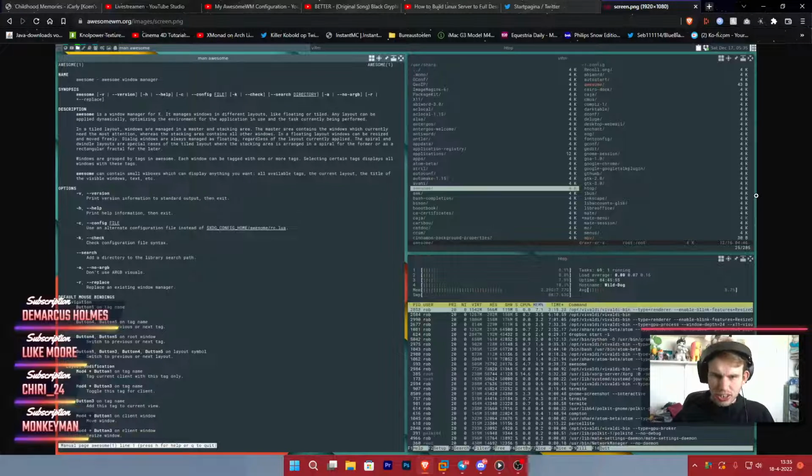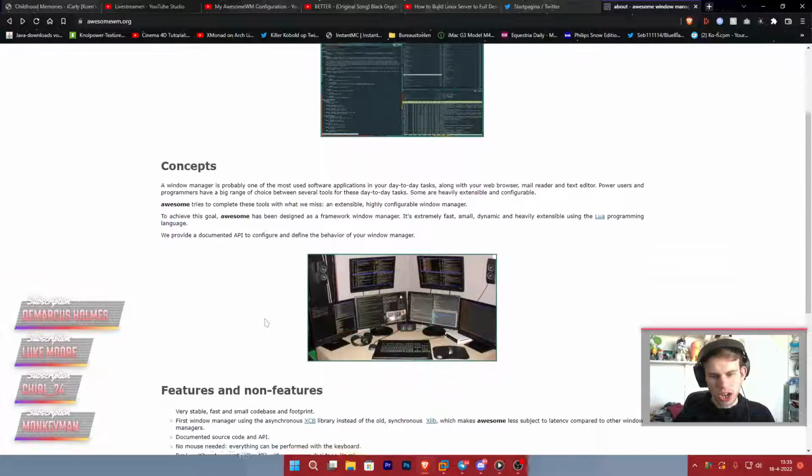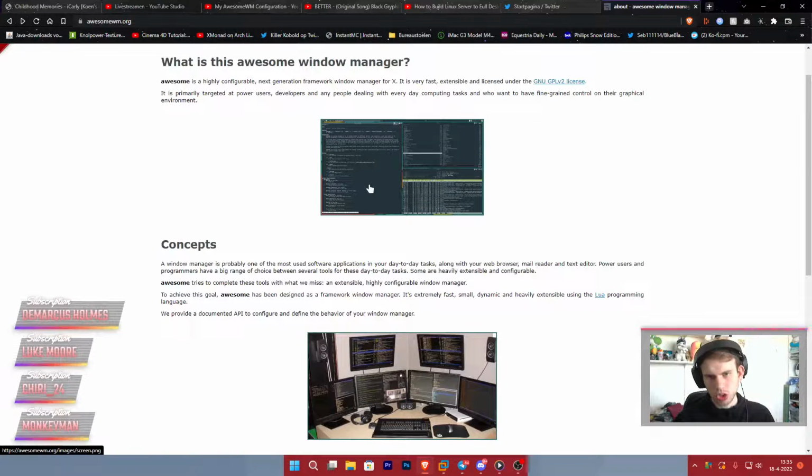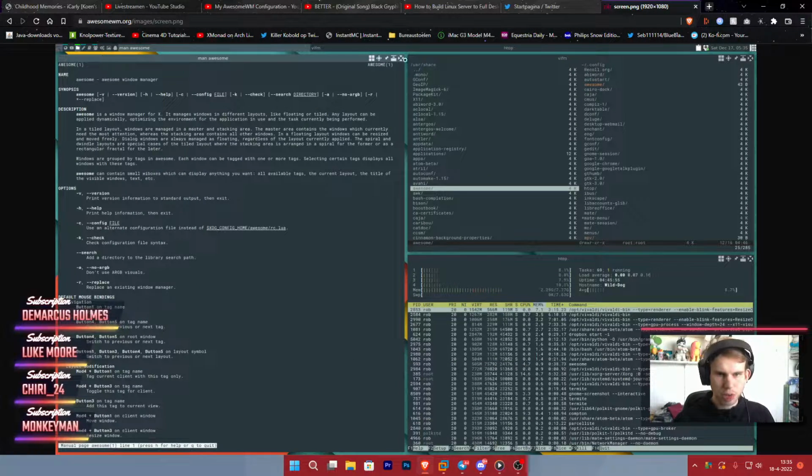This is going to be our starting point for the desktop that we're going to be building. So you can pretty much see what we're going to be working with. We're just going to have a top bar, and we're going to get a tiling window system. And that's what we're going to be working with today.